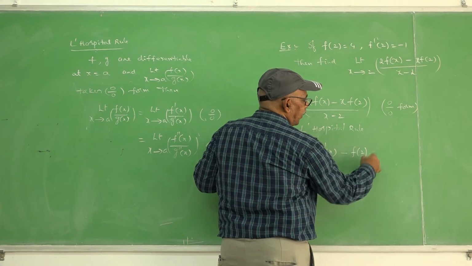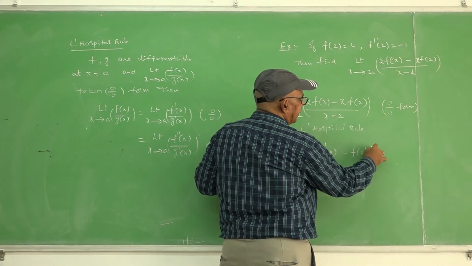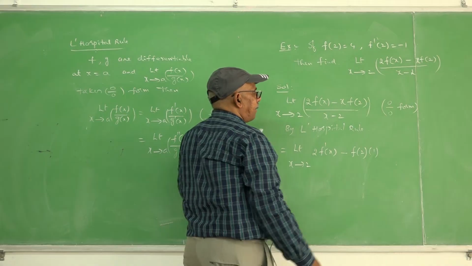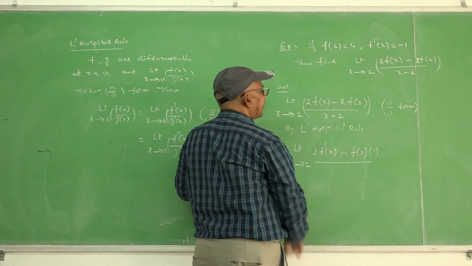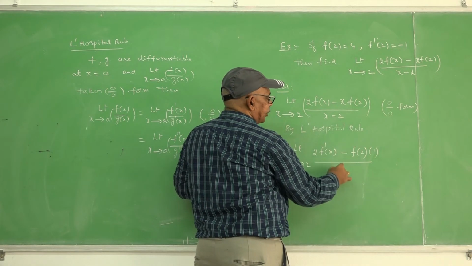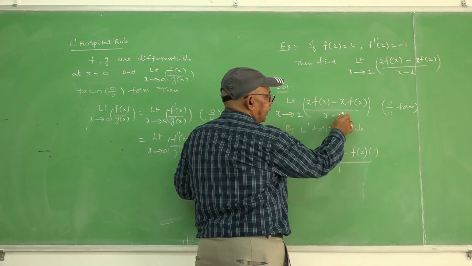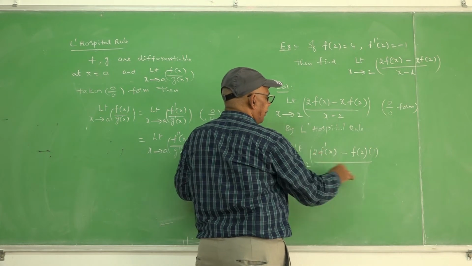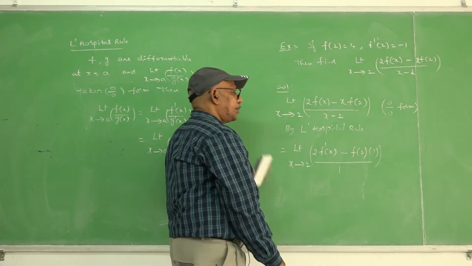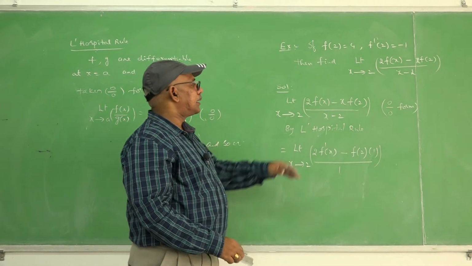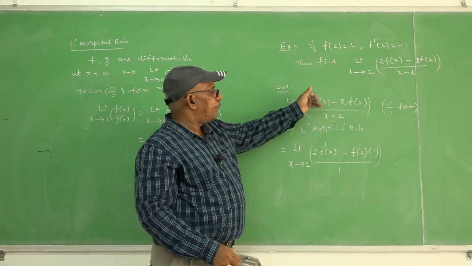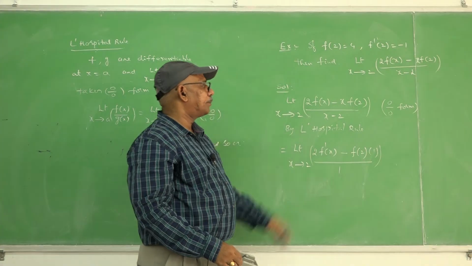F of 2 into derivative of x is 1 by derivative of x minus 2. For x, the derivative is 1. For the constant 2, it is 0. So, by L'Hospital's rule, I am taking the derivative of the numerator as well as the denominator separately, because derivative